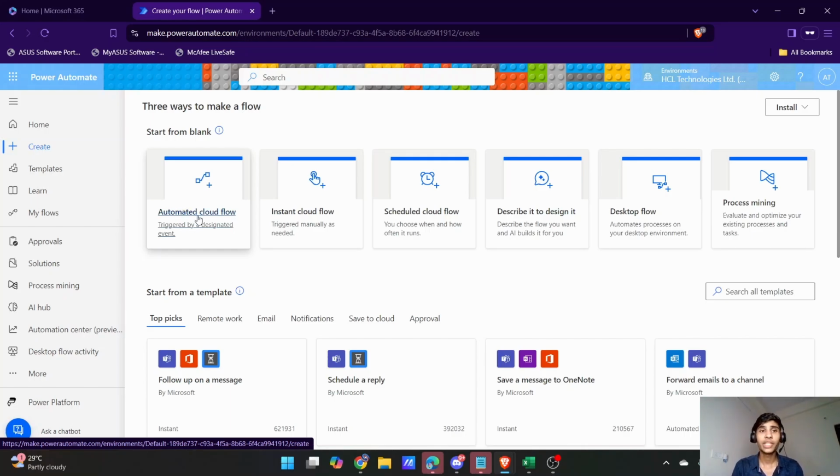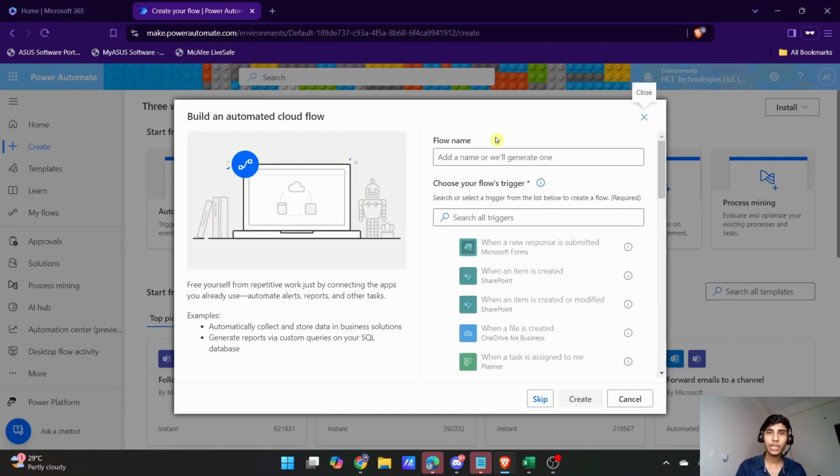What are these flows? These flows run whenever there is a trigger which we announce. A trigger can be anything: a new message in Teams, a new email in your Outlook, a new file in your OneDrive. But in this particular case, we'll be looking at the trigger for receiving a new email. Whenever you receive a new email, this flow will be triggered. It will check the subject line of the mail and, based on it, save the attachment to your OneDrive. No more talk, let me show you how you can do it, and you will get a better idea once we start building it.